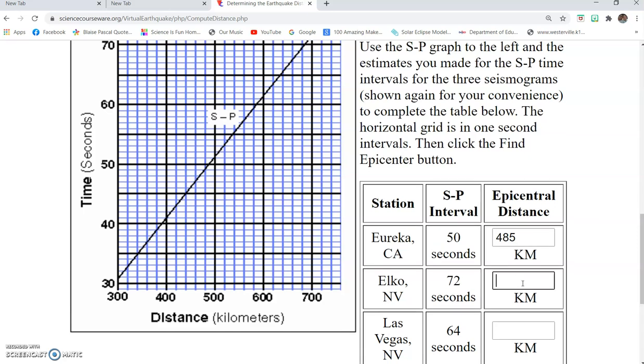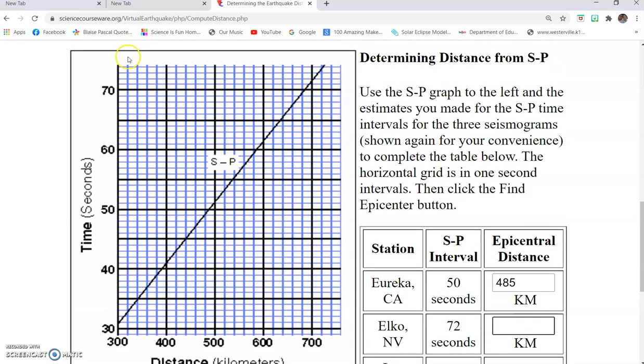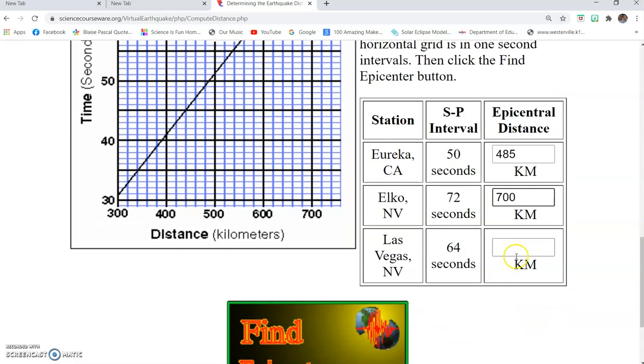For the second seismic station at Elko, the SP time interval is 72 seconds. Our estimated distance is at 700 kilometers.